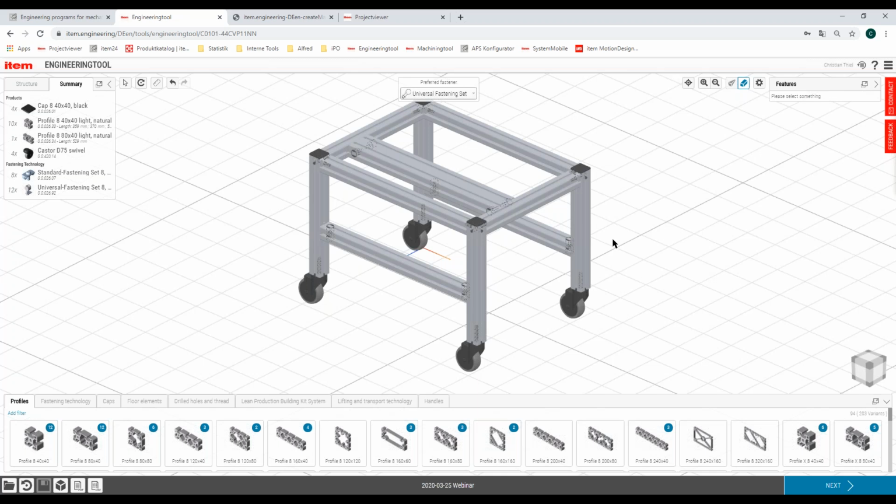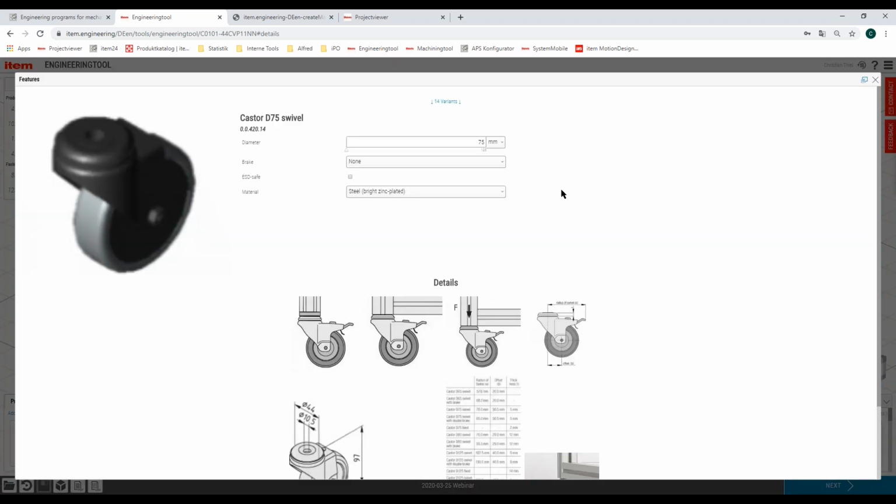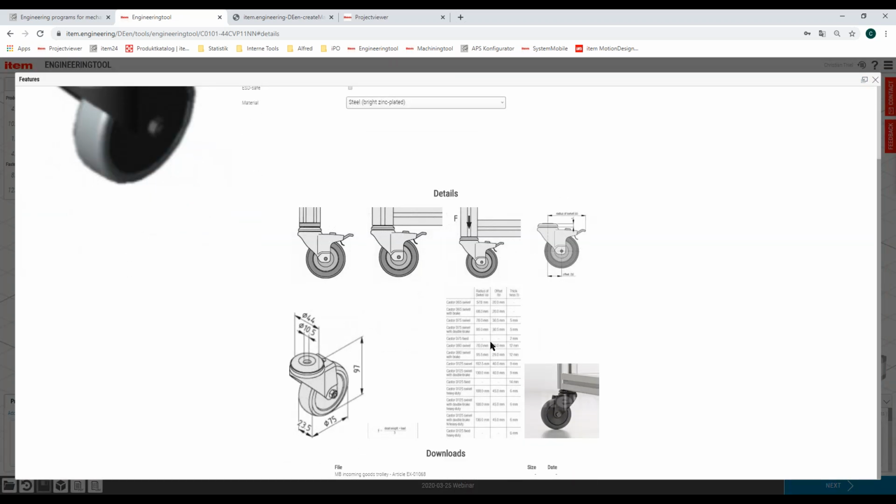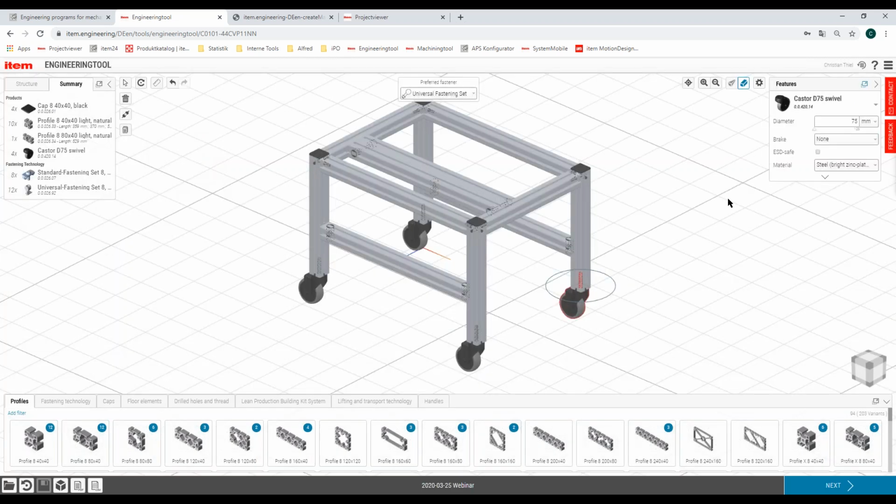Usually we would say, if you have a look at this design here and you need load information, the weakest point is usually not the profile or the fastening technology, usually it's the floor element, like this caster. So if you need more information about this, you can click the product, go to the product configuration features dialog, and use again the button maximize. If you open this, you will find all of the information from our catalog, and here you can also find the maximum load of the caster. Usually you would calculate with only 3 casters over your whole design, so 3 out of 4.